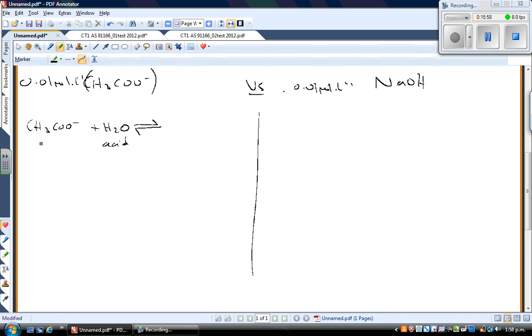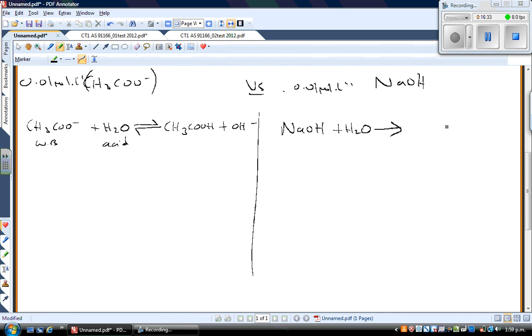We have reversible arrows because it's a weak base, and propanoic acid. Keep referring to this as ethanoate. This is propanoate. It is ethanoate. There's only 2 carbons. So ethanoic acid in this case. Now that situation is versus sodium hydroxide, and if sodium hydroxide dissociates in water, the situation you have there is